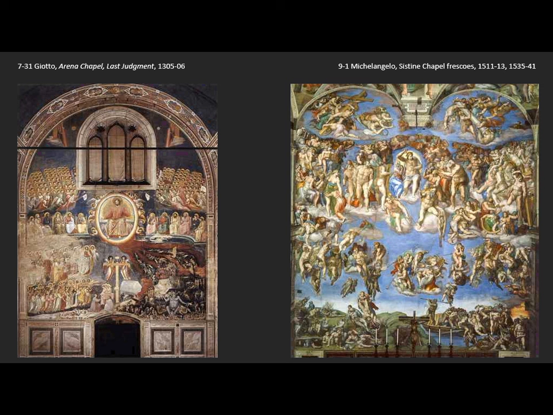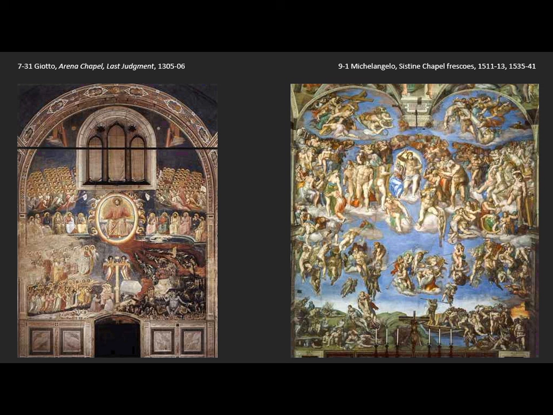Michelangelo's use of nudity for the saints as well as the sinners met with a significant amount of criticism from the papal court. In fact, the Pope's own master of ceremonies wrote a letter to the Pope about this, telling him it was very disgraceful. He said, all those nude figures exposing themselves so shamefully. He went on to say that the painting belonged instead in a public bath or a tavern, and not in the Pope's own chapel. Michelangelo heard of this criticism and decided to take a bit of pictorial revenge on this court member from the papal court.